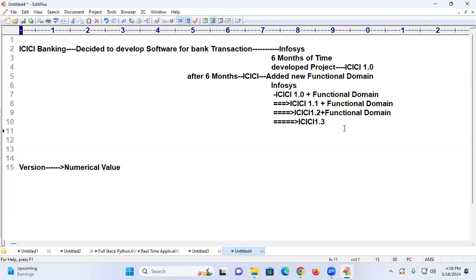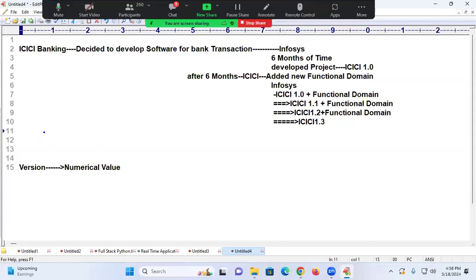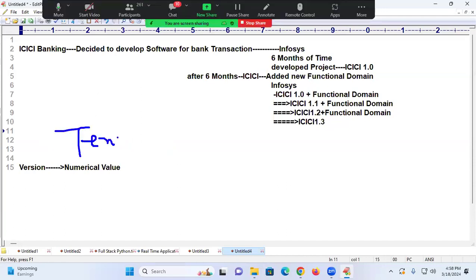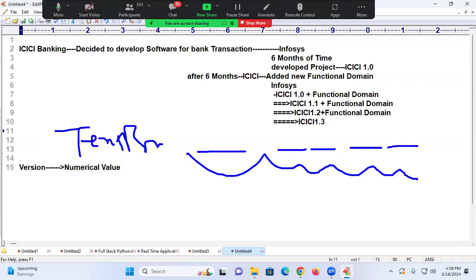Are you able to follow? Similarly, if you still don't know, consider a mobile. When you buy a mobile, you take the model number, right? Samsung, Apple: there are different versions, right? That model number is called what? Versions. Take your academic textbooks: first edition, second edition, third edition, fourth edition. That 1, 2, 3, 4 are called what? Version of the textbook. Are you getting it, students?